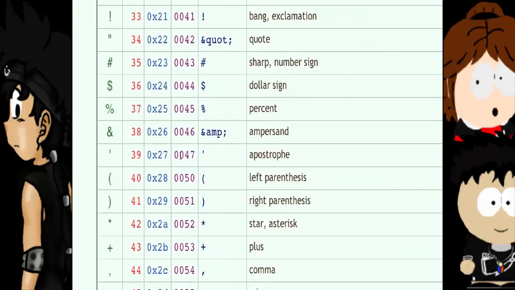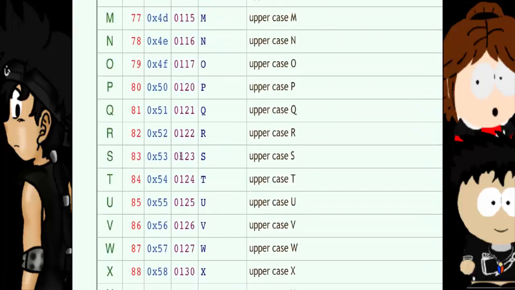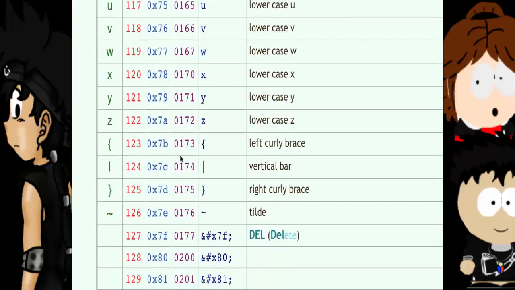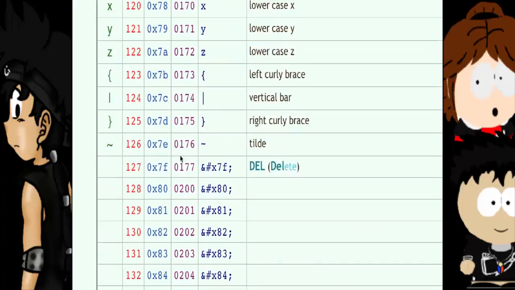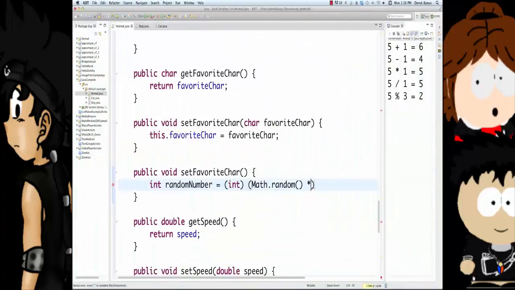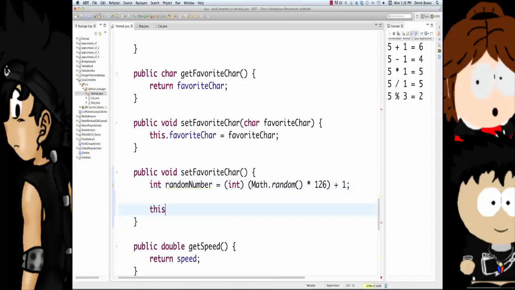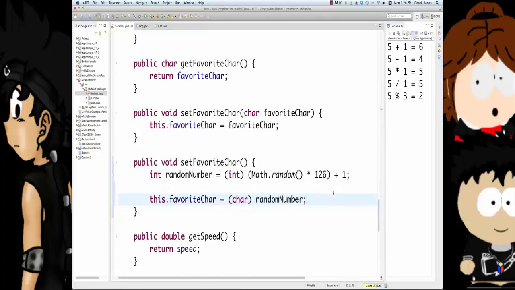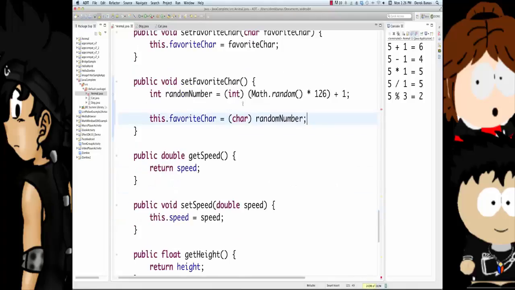And these are all of them, whole bunch of them. And if you scroll through them, you're going to get to 127, and at 127, that's when you don't have a lot of things, okay? So that's why I only want to use from 1 to 126. And then I'm going to put +1 in there so that it doesn't return that 0. Alright, then if I want to convert to a character, equal to (char) random number. So I just converted this into an int, and then I converted that int into a character.